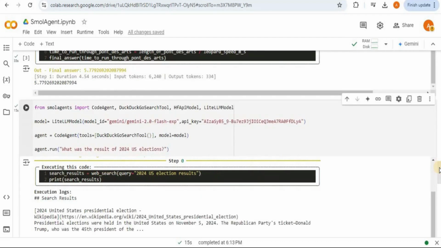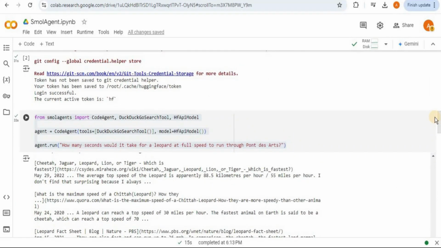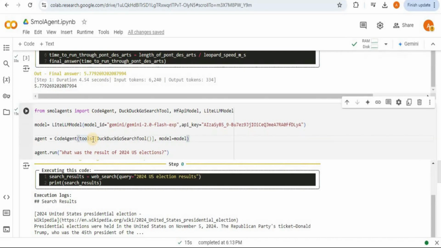That's cool. So up till now, I've shown you how you can run the code agent provided by smolagents with the Hugging Face Inference API model and with the models provided by LiteLLM too. And here we are using the tools and the agents which were predefined. So now I'm going to show you how you can use smolagents to create your own tools and your own agents for any specific purpose.